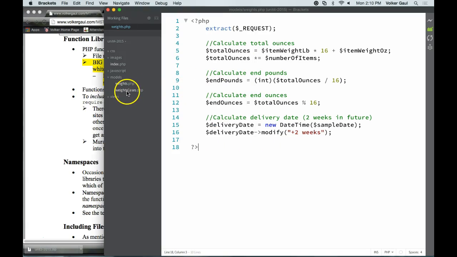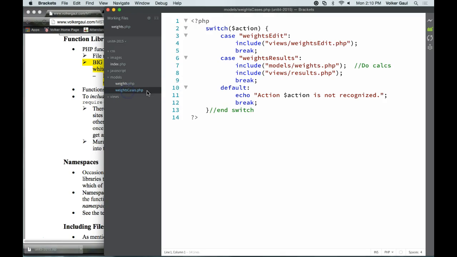In our cases page, I'm going to switch gears here quickly. I'm going to go to the cases page, and what I did is included the weights here because that's where I needed the functions. In the future, this entire cases file, every case is going to refer to some function inside this library. So instead of including it here,